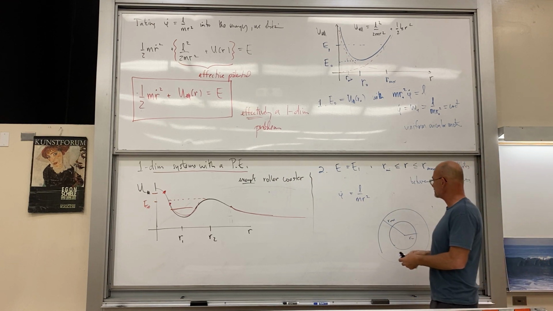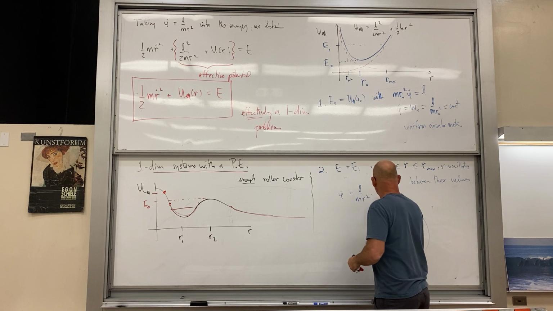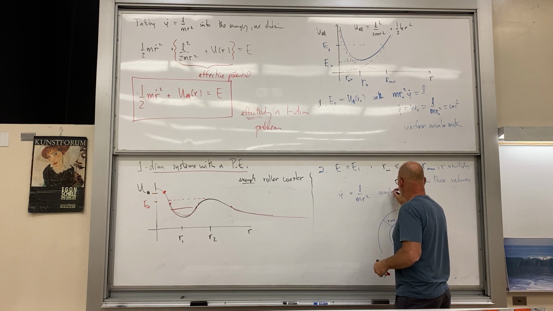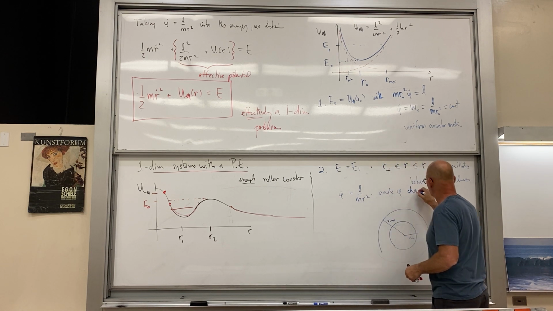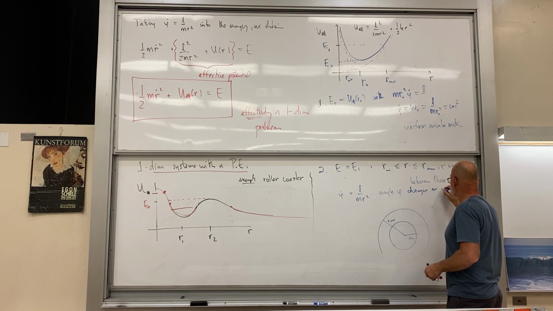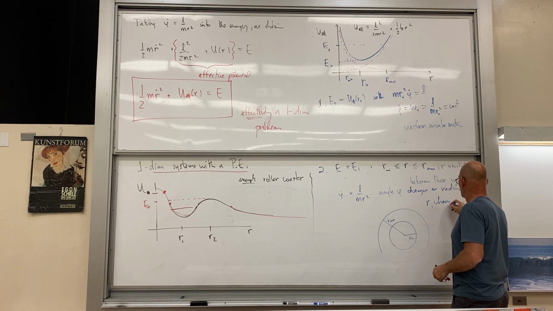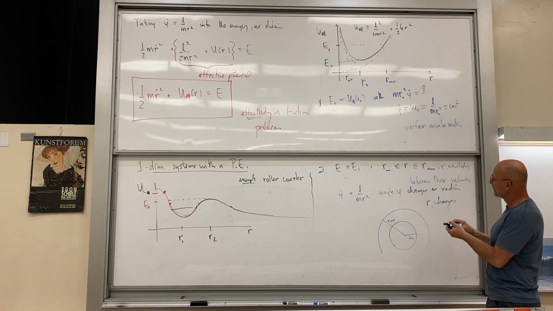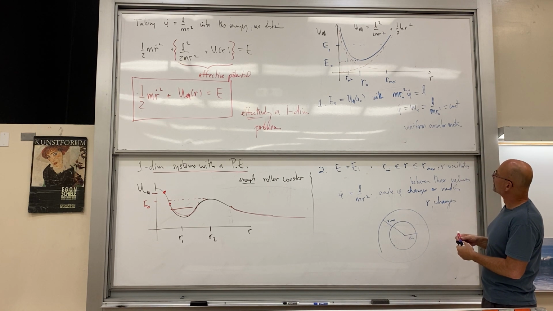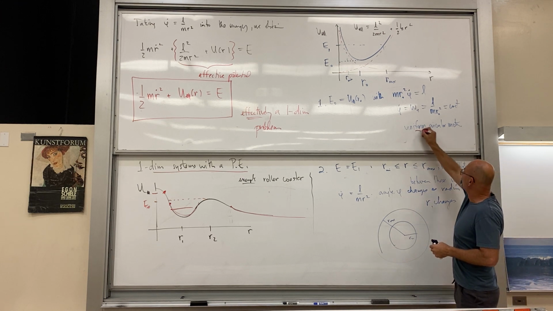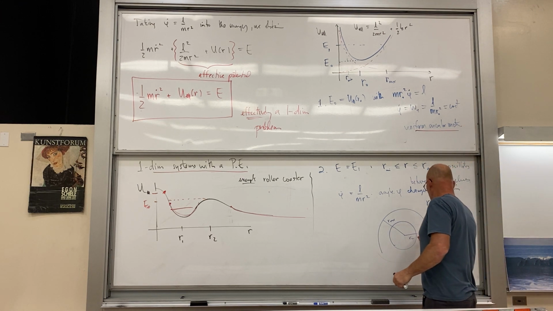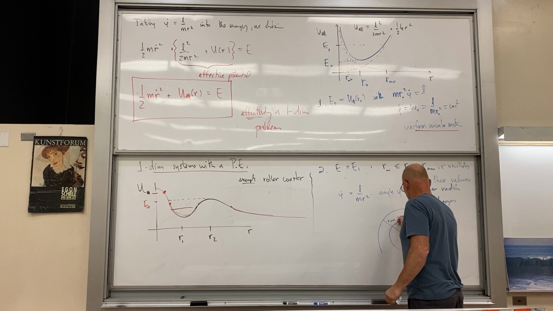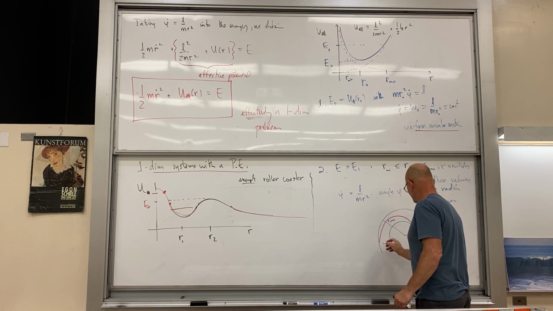So angle phi changes as radius R changes. And so we're going to get some kind of orbit here. This one was uniform circular. This one, it all depends. It could,